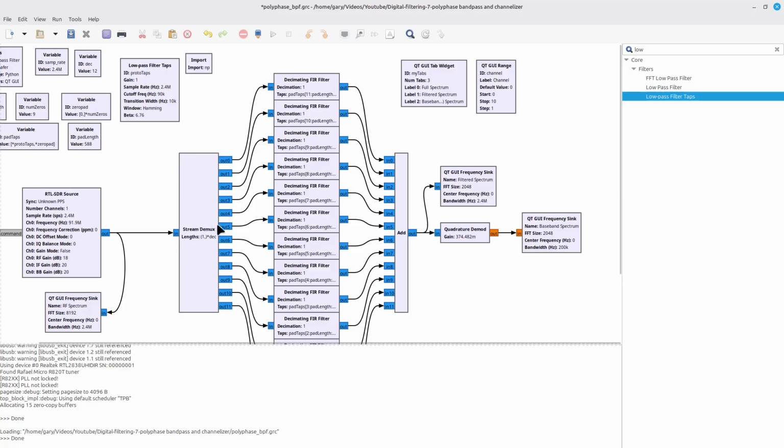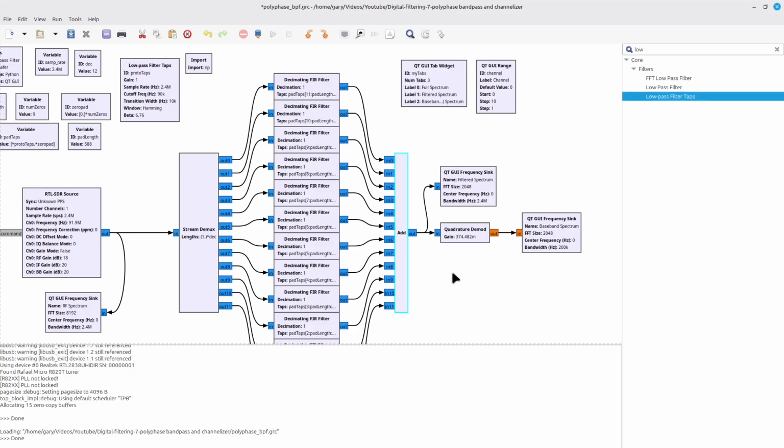But understand again how this works. I'm decimating or downsampling with the demux. Each one of those downsampled demux outputs goes through a slightly different set of filter taps. And then when it gets over here to the add, it sums everything up such that, due to all of the various phasings of the different parts of the signal, the parts that are outside of the band will cancel away, and the parts that are inside of the band will effectively add together, so I'm left with that one channel.